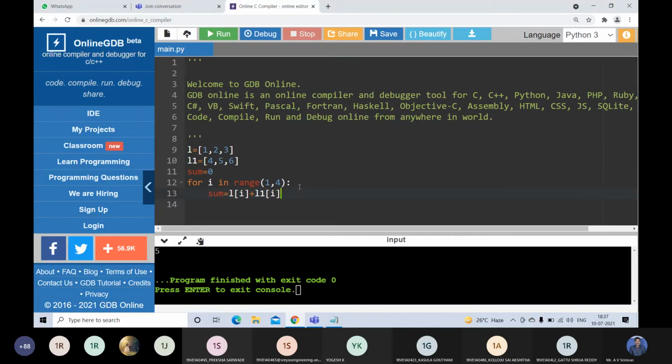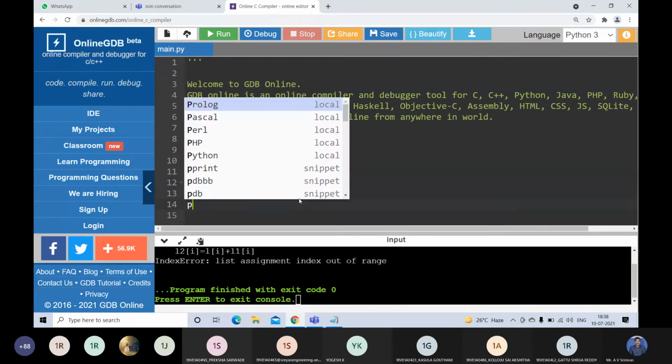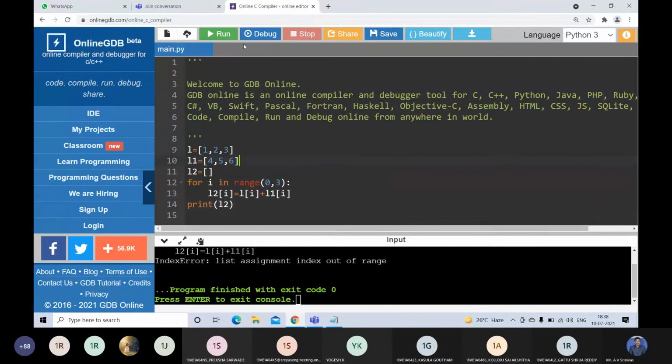Okay, there is a possibility that here you can add these 2 lists and that will be stored in a new list. That is possible. See here, I will tell you. L2 is equal to like this, and here you can write L2 of I is equal to L1 of I plus L1 of I. I can write 0 and 3. And after this for loop, if I print L2,